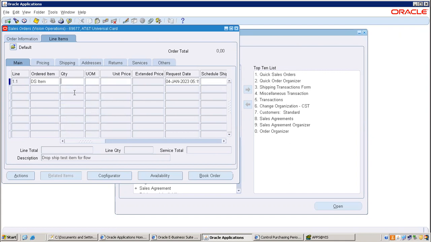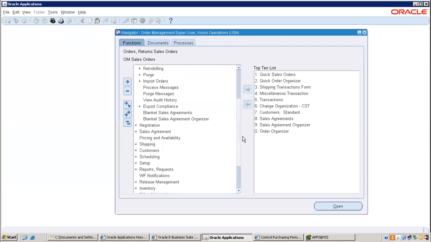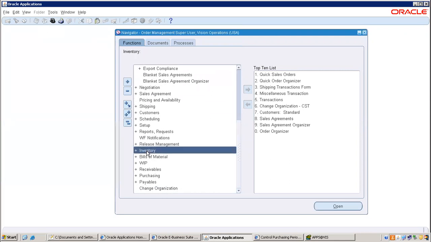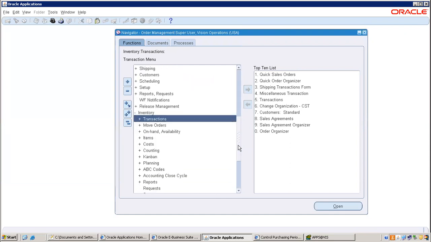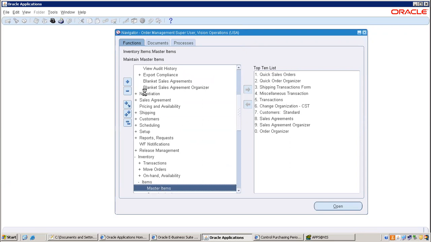I think we forgot to add it to the warehouse. That's why, if you enter the quantity and unit of measurement, it will not be able to pick it up. So if it is not picking UOM, that is the only fault you did. So we missed it. Instead of going to inventory, here is the place. Both are the same; for our convenience only they have referred over here.